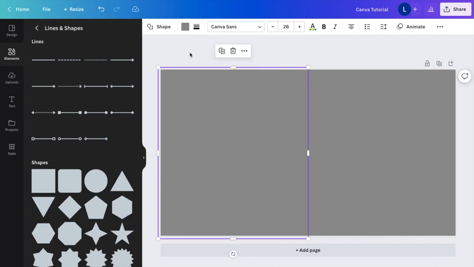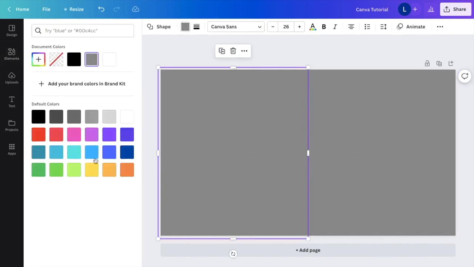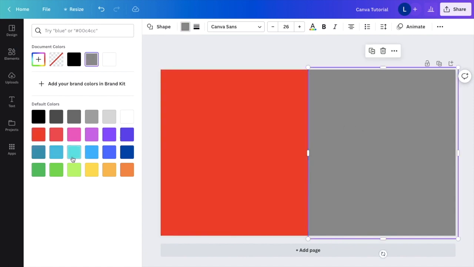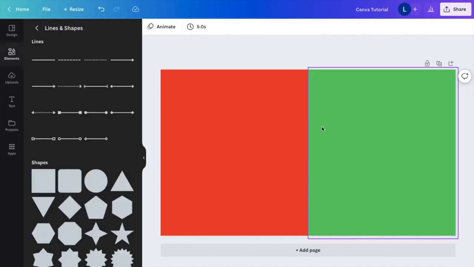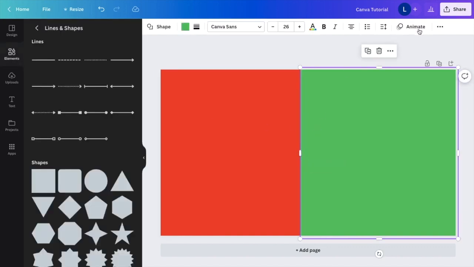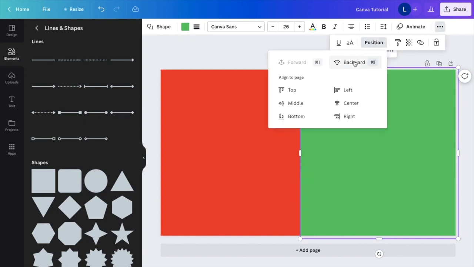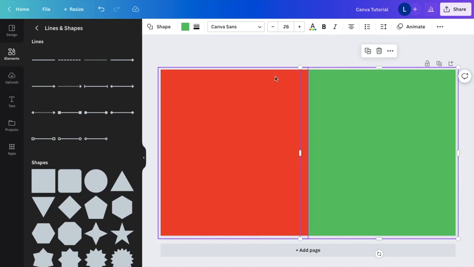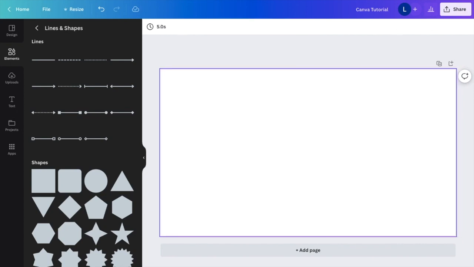Now, if I want to change this left side and make it, let's just say red background, I will just change it to red. If I want to change this background, I will change it to green. And there you go. I have now a red and green background. If you just want to maybe make it a little bit more of that, not that, line in the middle, there you go. And just like that, that is how you can change the color of a background or change